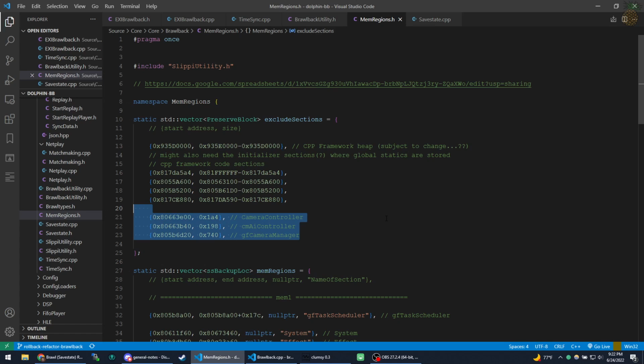These were a bit of camera data that I had in. I don't think these are really necessary right now. I don't really know. They're still in here because I just haven't had a reason to remove them. But I was messing around with stuff where, because when you load state and then simulate, it can be